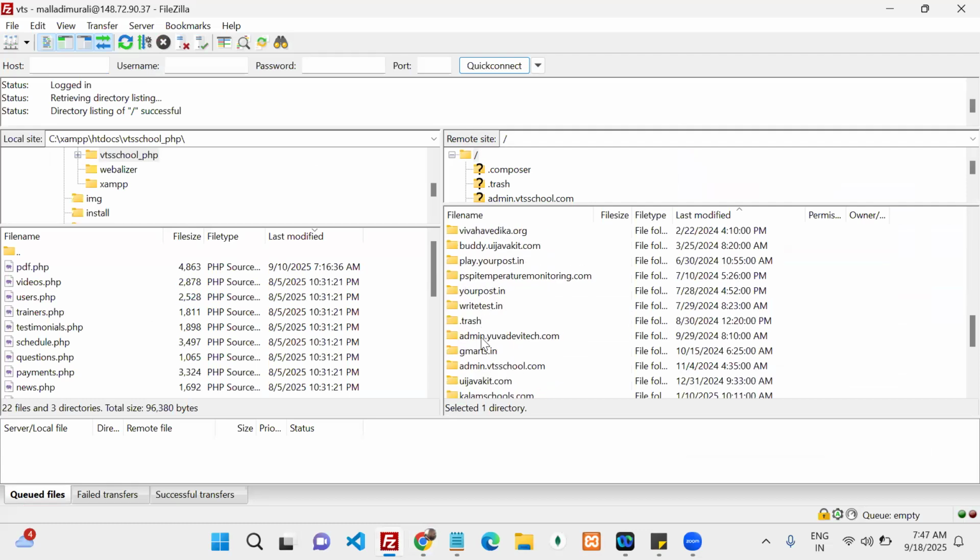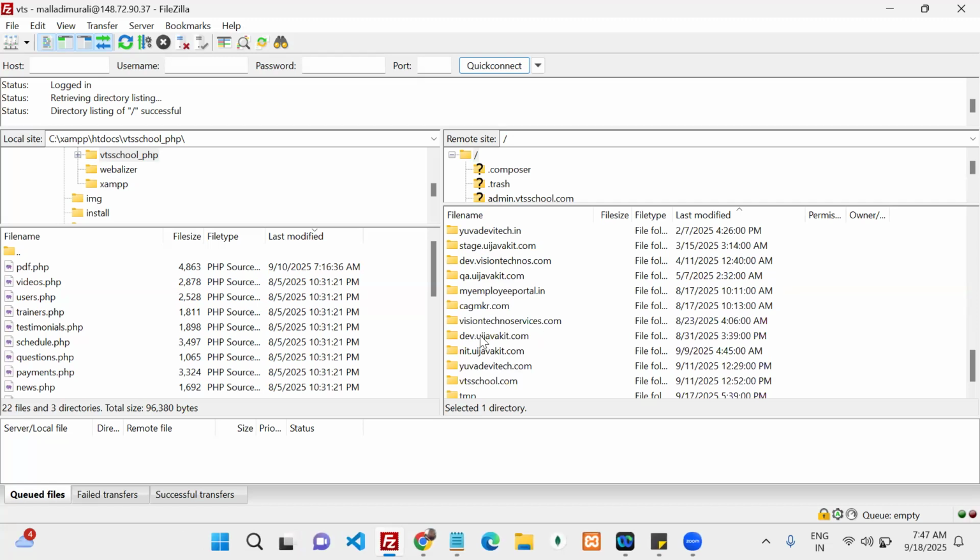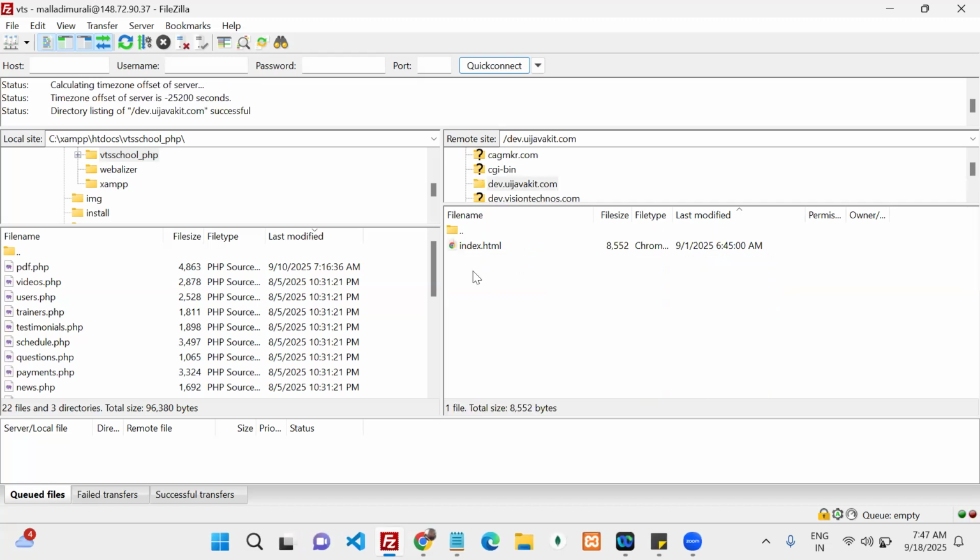See, admin.io over there, dev.visiontechnos.com, uijavakit.com. This is a separate application. In this subdomain you are supposed to deploy your code, or not. Like this, organization1.ems.com, organization2.ems.com, organization3.ems.com means you are supposed to deploy the code for every subdomain, yes or no? Got my point?